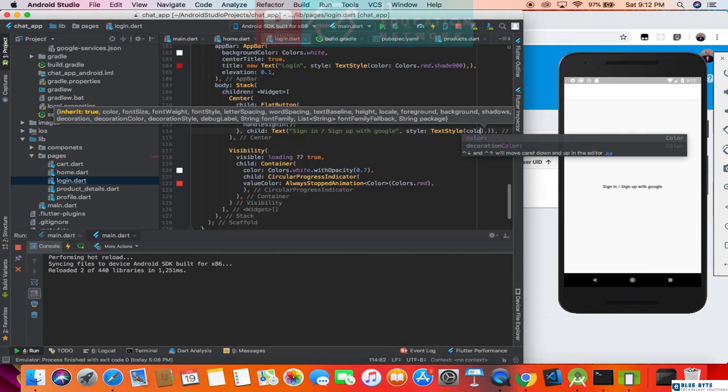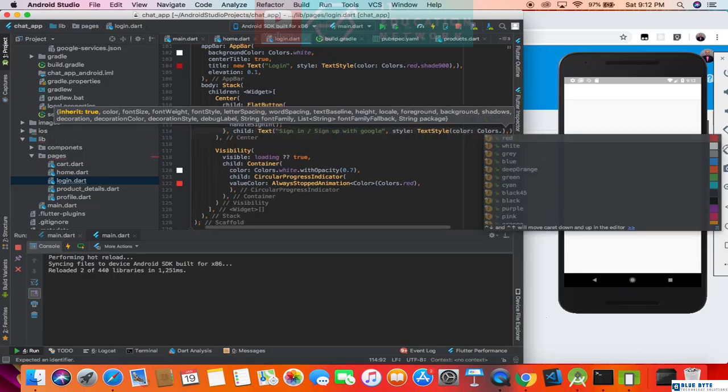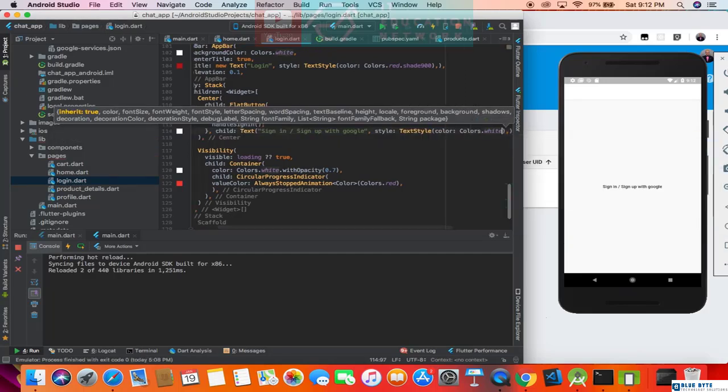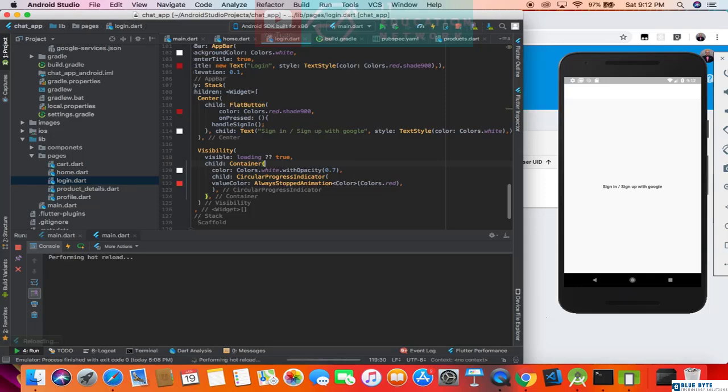Color, then Colors.white. Okay, a small refresh here, and we have something like this. We didn't have time to work very much on the UI, but anyhow,